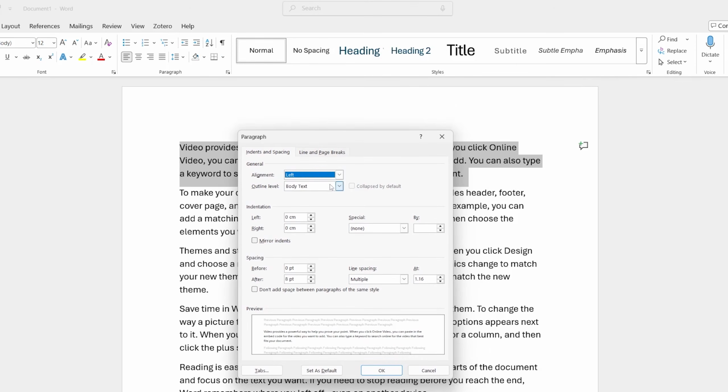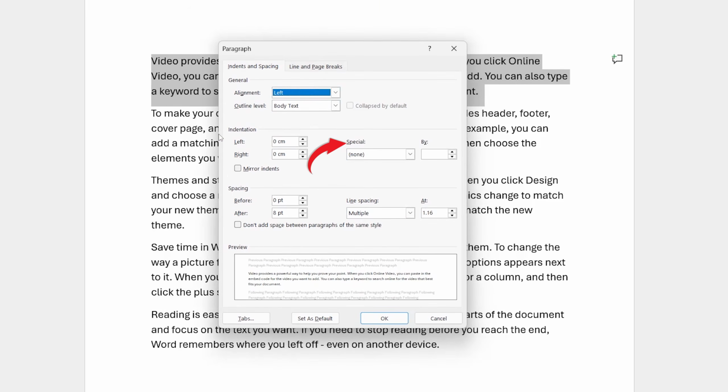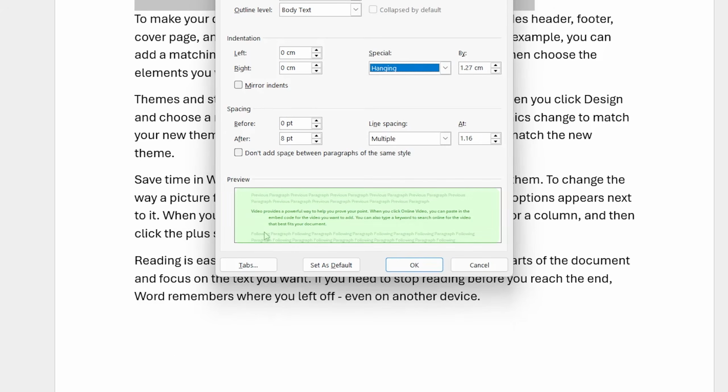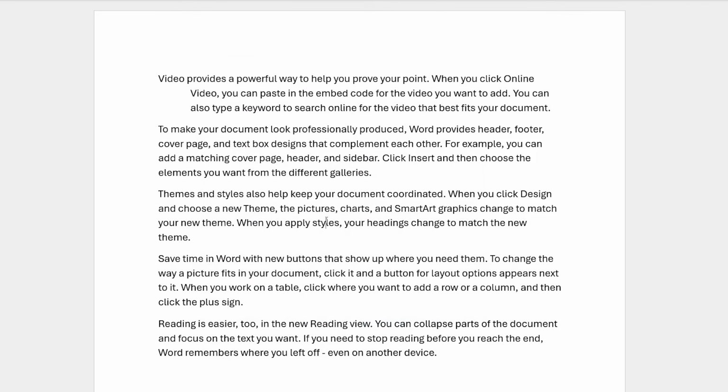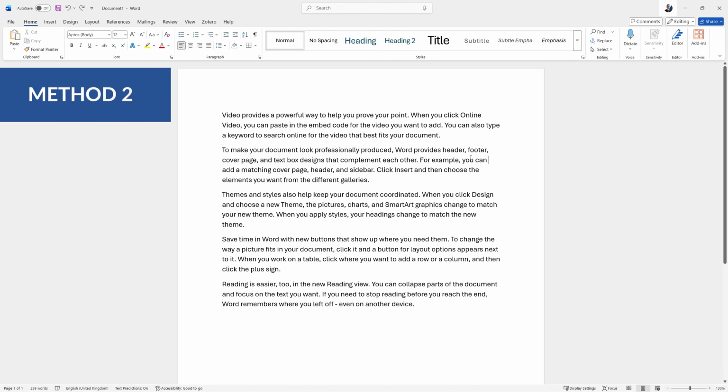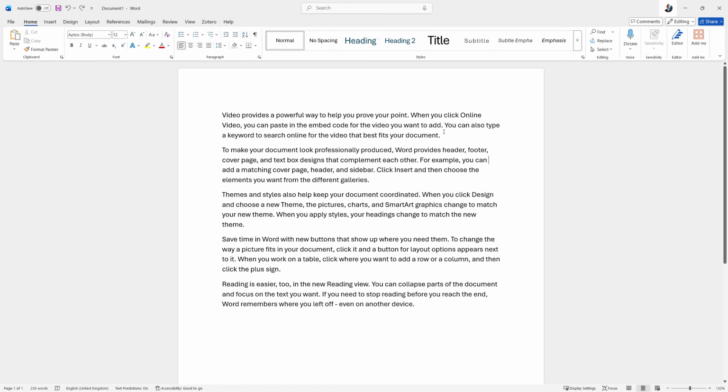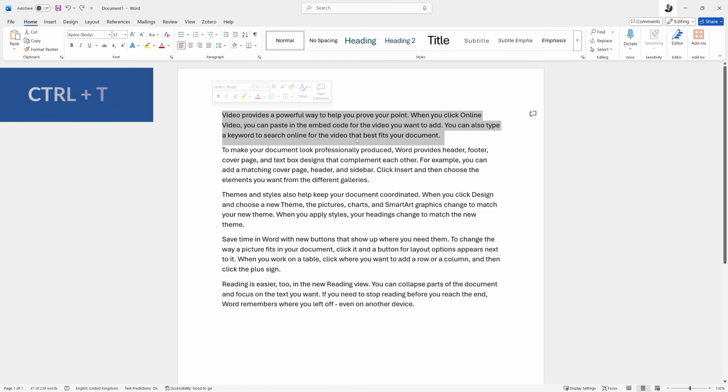Then, we're going to go down to Special. This is under Indentation. Select it once, then click Hanging, and then you can see down in the preview box we have a clear hanging indent. Then click OK. If you want a faster way to apply a hanging indent, select your paragraph, then press Ctrl